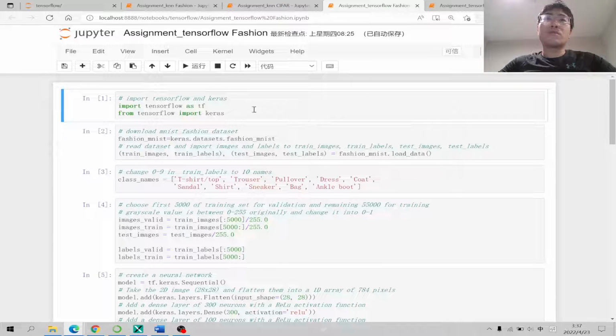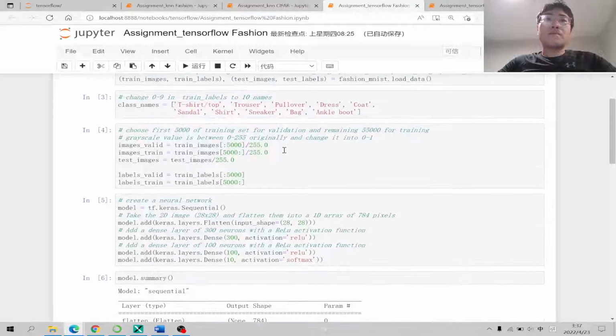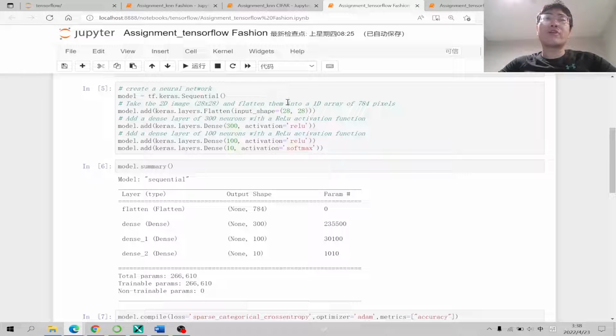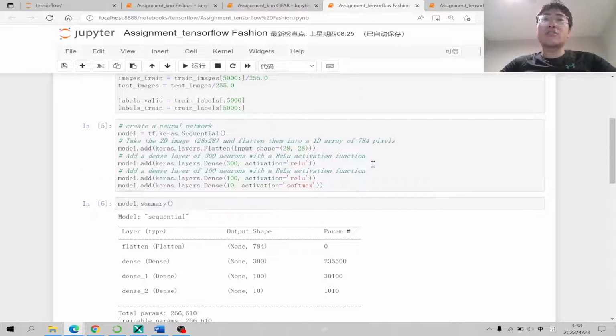Then we go to see the TensorFlow. The neural networks based on TensorFlow. The method to import the dataset is the same. The difference between neural networks and the KNN is over here. We create a neural network. And we change many hyperparameters, like